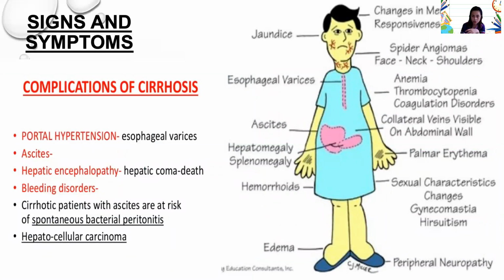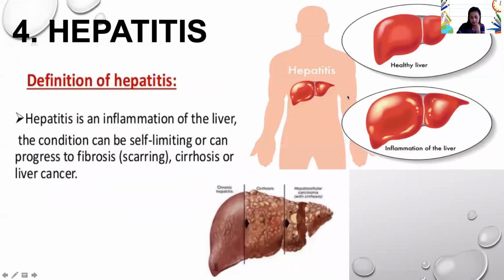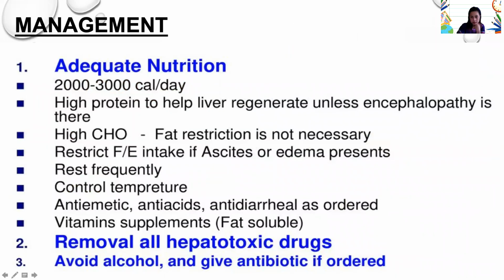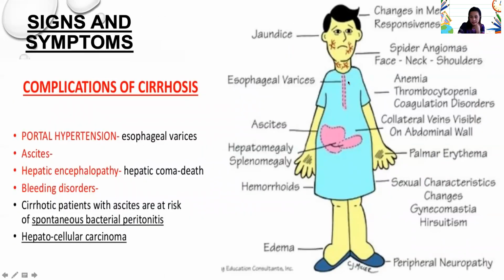So, first is yung jaundice. Pag sinabi mong jaundice, okay, jaundice is yung yellowish discoloration of the skin. Okay, kulay yellow siya. Nakita nyo may mga problema sa atay, nagiging kulay yellow. Ang tawag doon ay jaundice. Okay? Esophageal varices. Esophageal varices, ito siya. Okay, meron kayo dyan na lumalaki, namamaga.